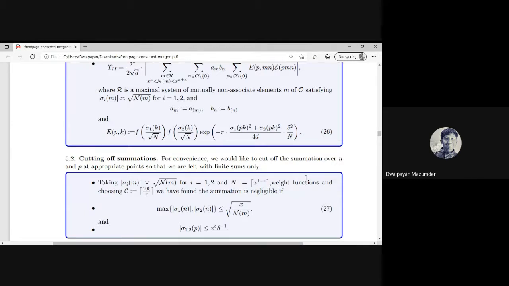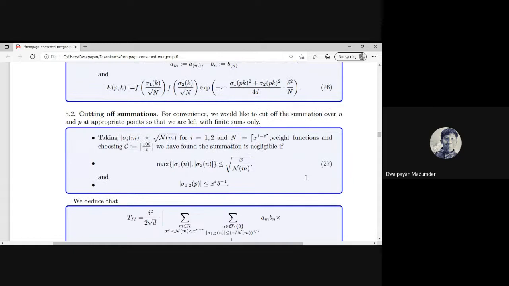If you take the norm, the floor function, ceiling function of x to the power 1 minus epsilon, and you choose this c, which is the fast definition of f in the case of the smooth setup we have depicted, now we are using it. If you use it, then we can find out this summation is really negligible if this (27) happens: the maximum of sigma 1 and sigma 2 n is less than or equal to square root of x by norm n,